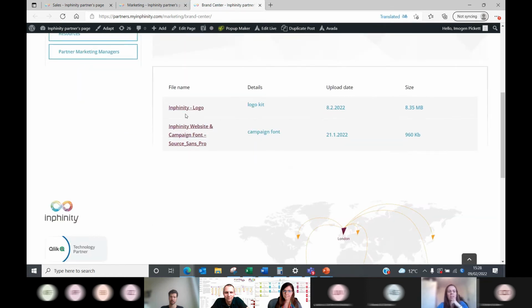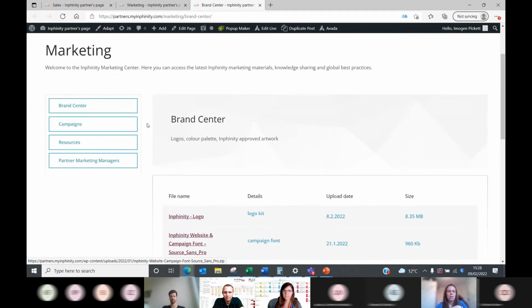So you have our logo kit, so all of the product logos are here, our Infinity logo, Infinity Suite logo. You can download all of the versions here. You just click on here, it opens up a zip file. You can download whatever you would like. We've also got campaign material here, so you can source all of our colors, our color palette, all of the different fonts that we use. It's already in a kit, ready for you to download and use as you wish.